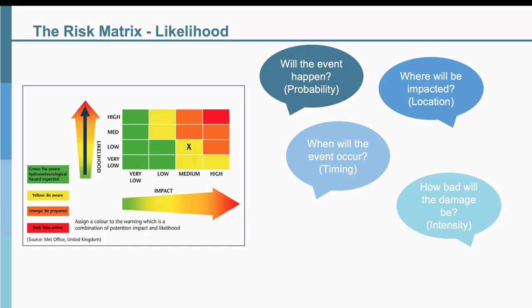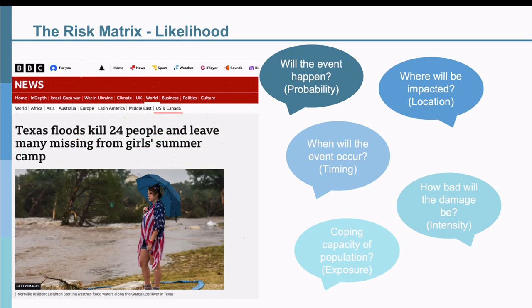To illustrate, we should think about the likelihood of impact in terms of the exposure of a population during a given event. Take, for example, the devastating flash flood event that affected Texas in July 2025, where sadly, over 130 people lost their lives. The event occurred during the 4th of July celebrations in the US in a popular summer camp destination. So in this case, the associated risk of the flash flood hazard was exacerbated by the increase in the exposed population in the area affected by the intense rainfall event. Such considerations of location, timing, intensity, and exposure will change the likelihood that a given hazard will be impactful at